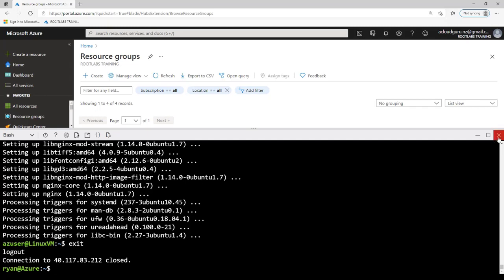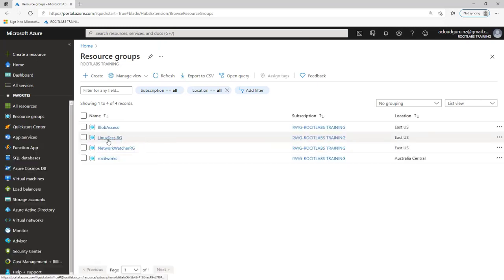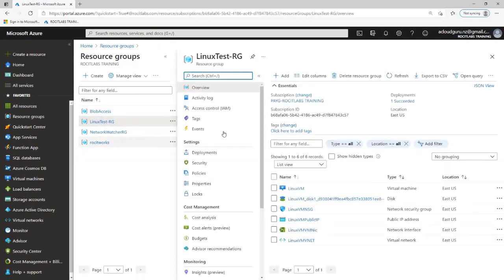So I'm going to go ahead and close this down, and I'm going to navigate over to our resource groups, and I'm going to click on the Linux resource group. And as you can see in the Linux resource group, there's our virtual machine with all of the resources that it creates. By default, it's going to create a virtual network, a net card, a public IP address, a network security group, as well as the disk,